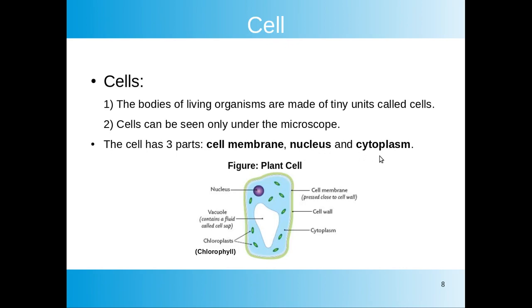For example, here is the picture of a plant cell. You can see the nucleus, it is dark blue in color, and you can see the cell membrane which is light greyish in color, and you can see the cytoplasm in light blue color. And can you see the green patches? Yes, these are the chloroplasts, and our chlorophyll pigment which is trapping the sunlight and preparing the food is